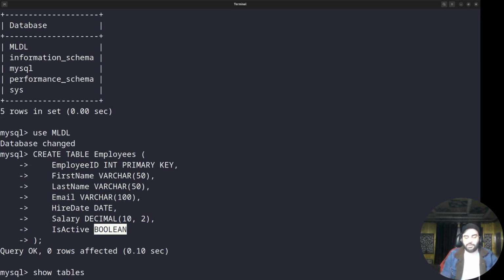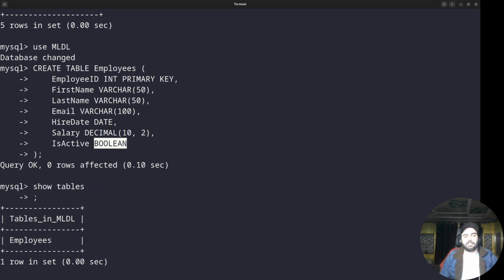So now I have to terminate the command. If you see, it says that in the MLDL, the tables, there is only one table, employees. Okay. If I want to now describe the table, to see what is in there in the table,